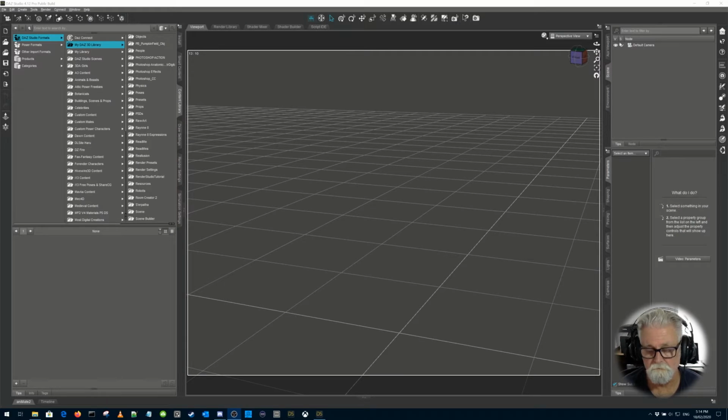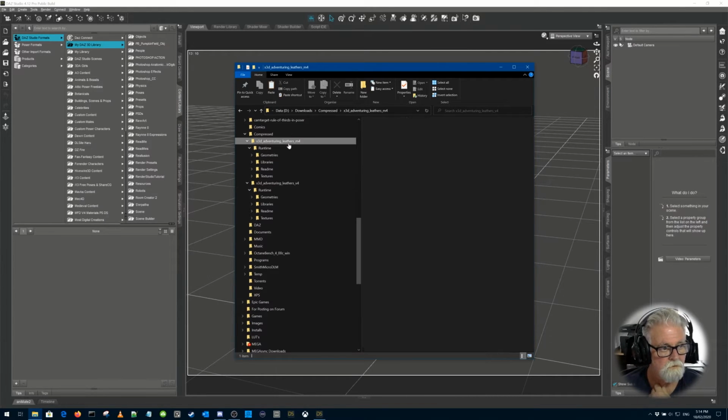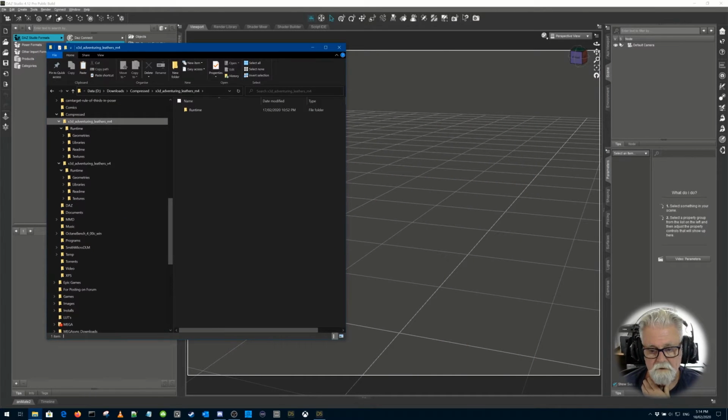Well, first of all, you will probably have them in a zip file, so you'll need to unzip them with whatever your unzipping package is, and you will end up with the 2 folders or 3 folders or however many you have, and you'll notice in each of the folders there's a runtime directory. Now, the first thing we need to do is to create